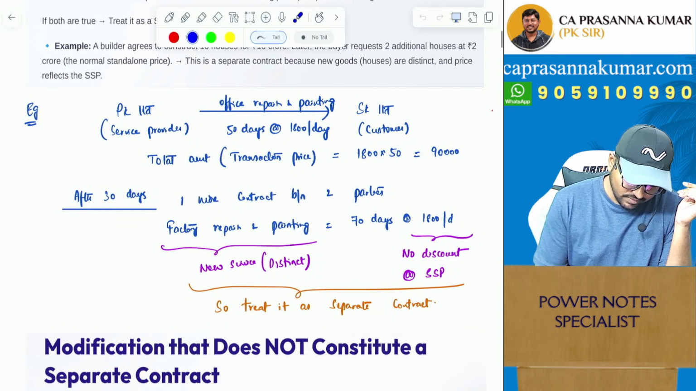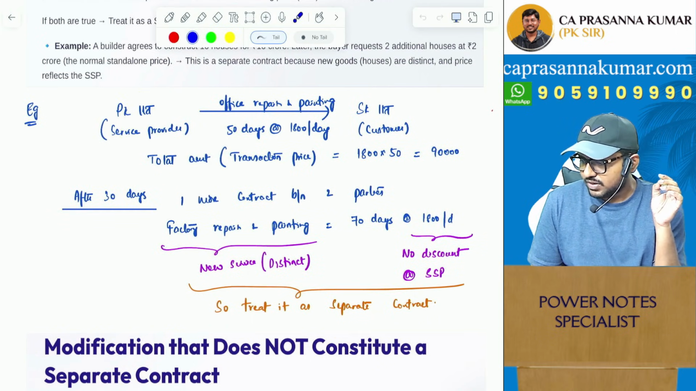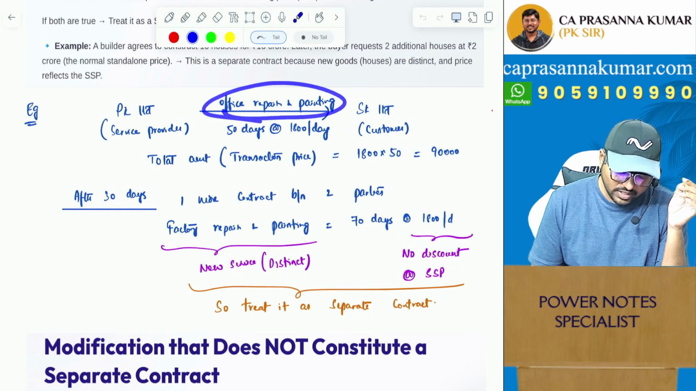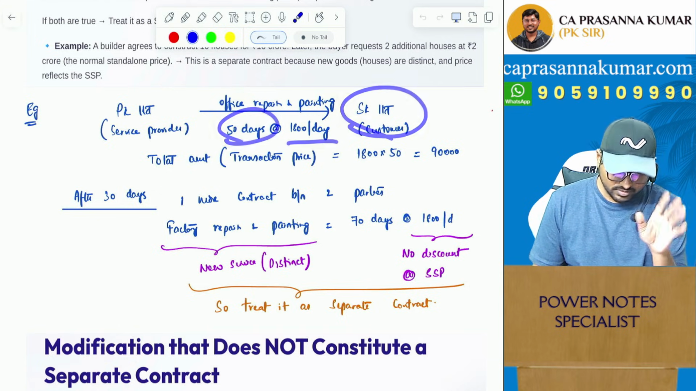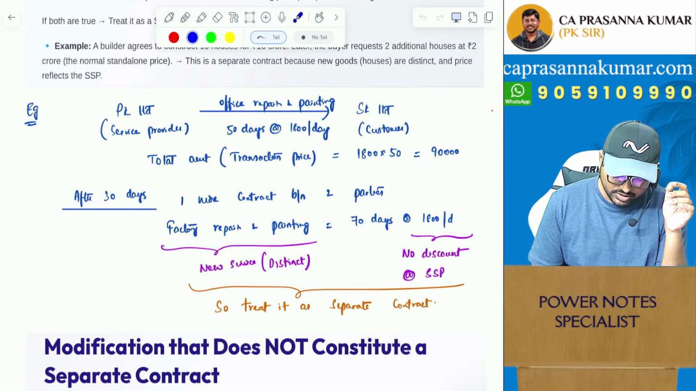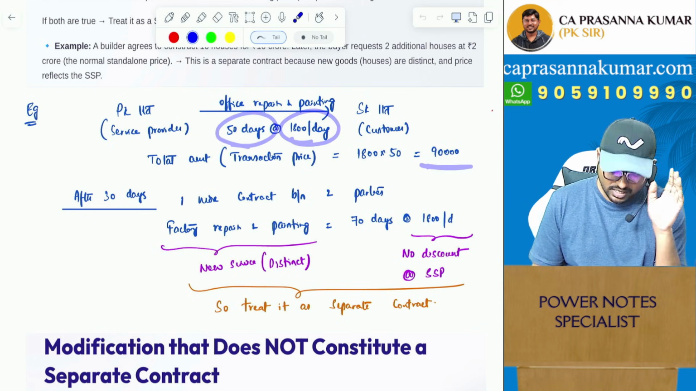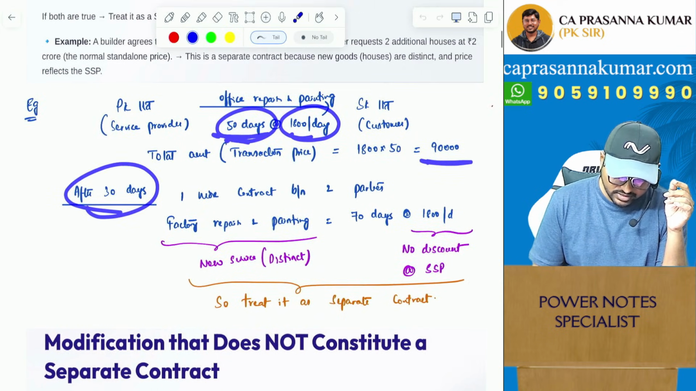Look at this scenario. PK Limited is a service provider, and he's providing office repairing and painting services for 50 days at 1800 per day. SK Limited is the customer. Total transaction amount will be how much? 1800 per day into 50 days, 90,000. Done. After 30 days, which means the 50 days did not happen completely,